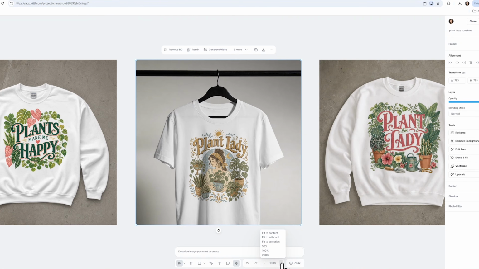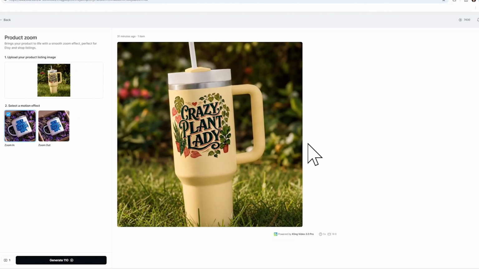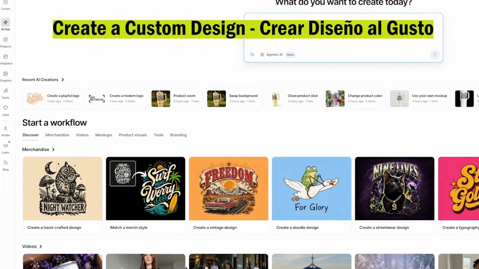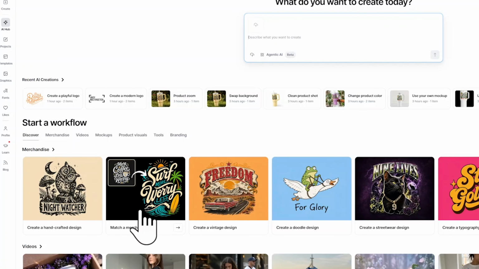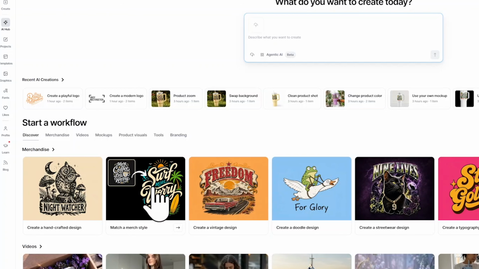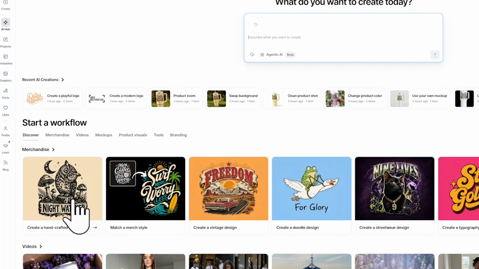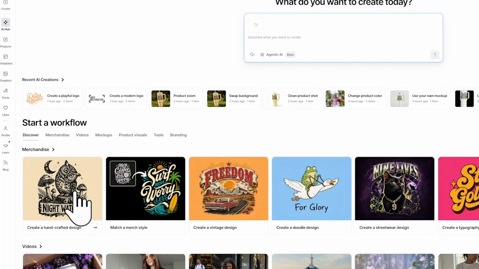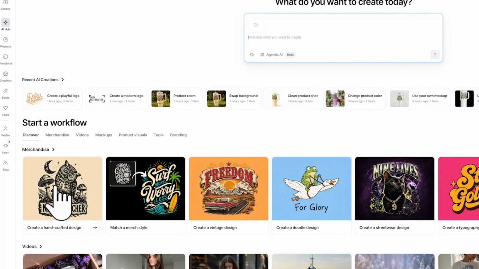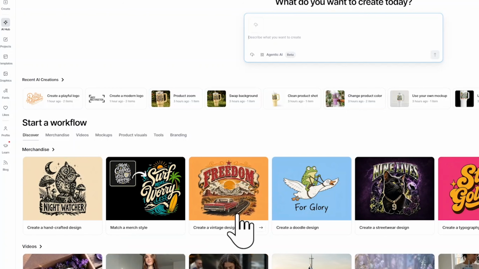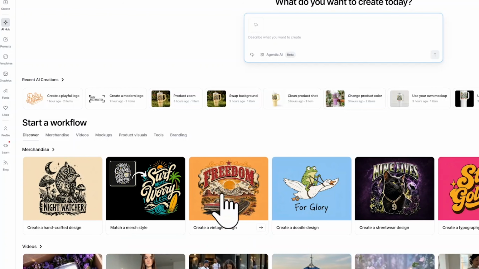The first thing I'm going to do is create the design. Here you will find several options. For example, match a merch style, create a design using the style of another design, handcraft design, vintage design, doodle design, and there are many more options depending on the style you're looking for.